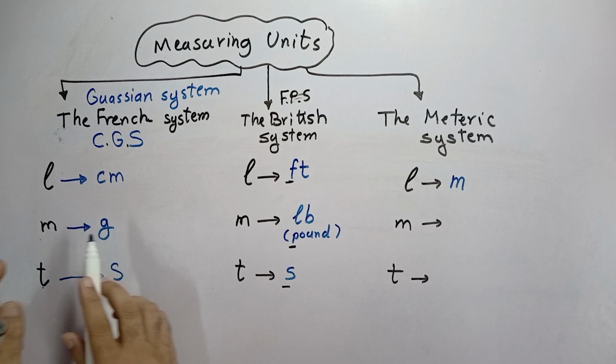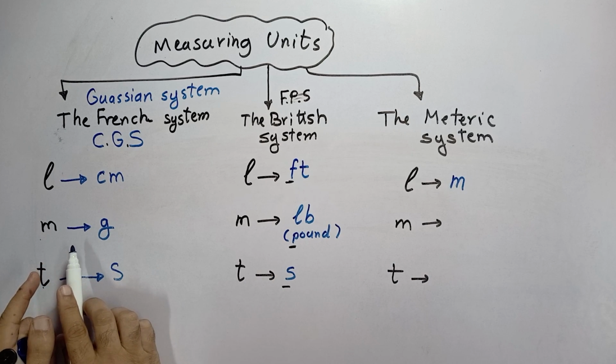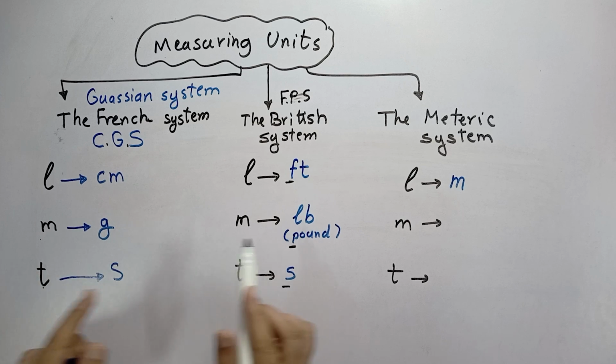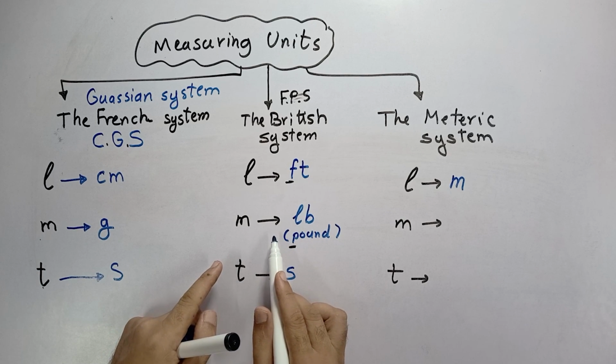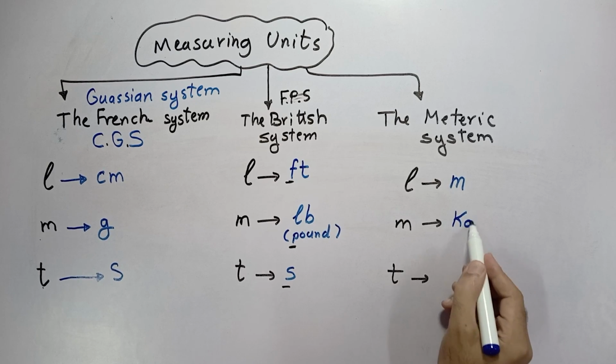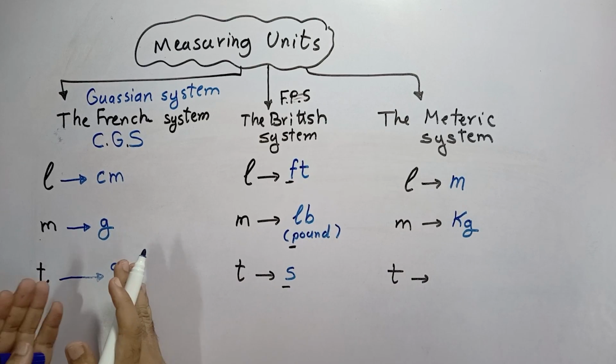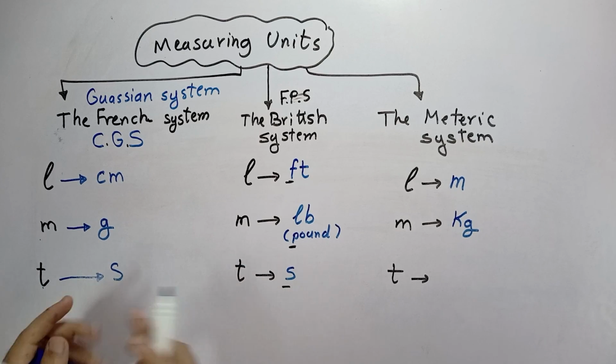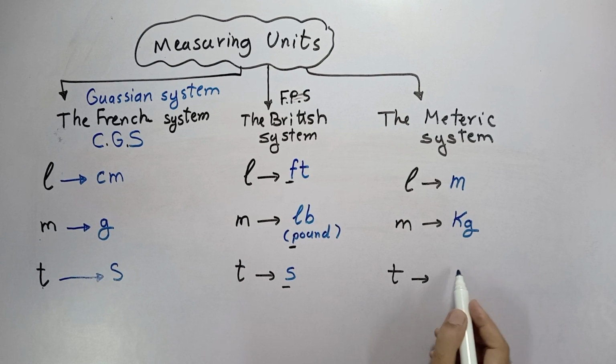And in the French system, they used gram, and the British system, they used pound, so the metric system used kilogram. Because the French system and the British system used the same unit,